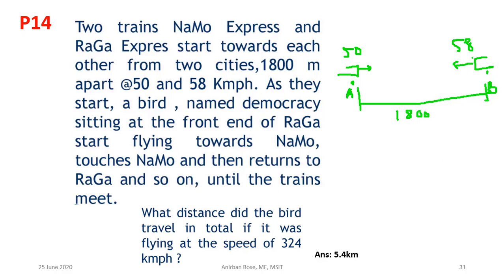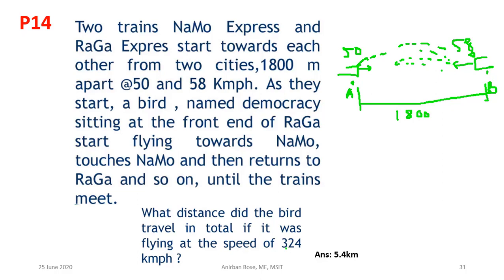That means suppose a bird is here. When they started, this bird will fly and come here, because the velocity of the bird is very high with respect to the speed of the trains, and again the bird returns back. By the time the train has moved, the bird will come here again. So in this way, as the trains move, the bird is continuously moving from one train to the other.